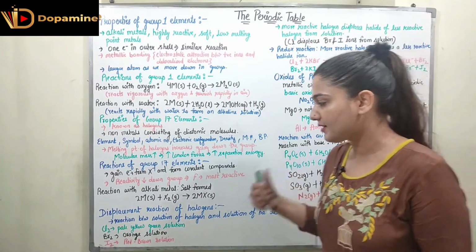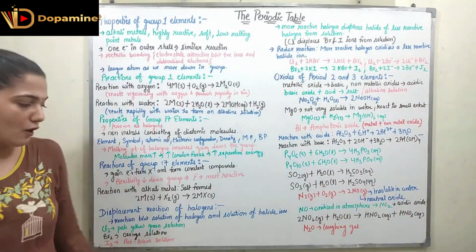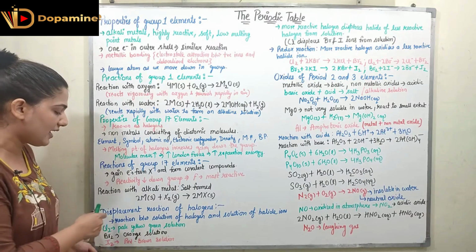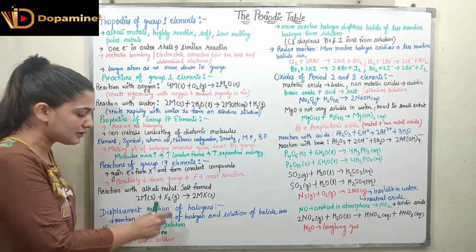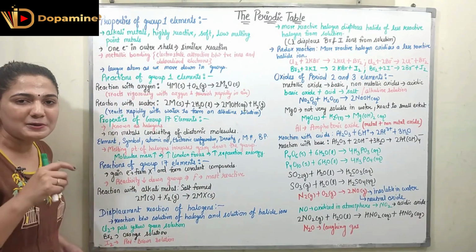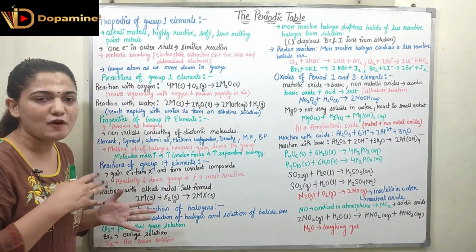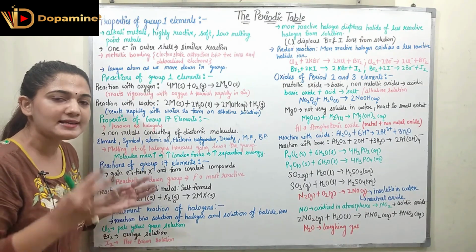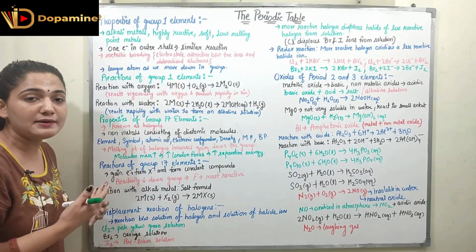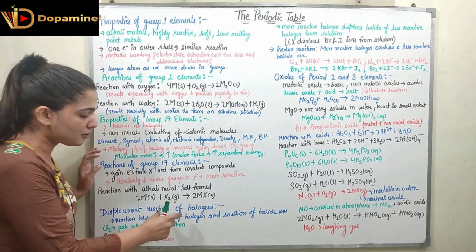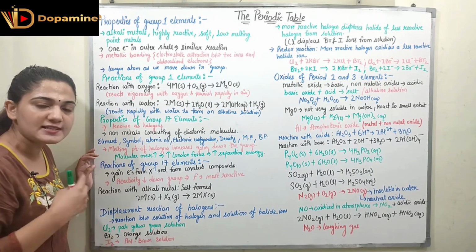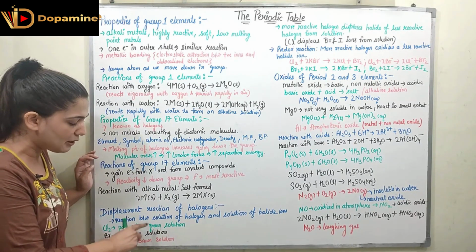Now coming to a very interesting type of reaction called the displacement reaction of the halogens. What happens in the displacement reaction of the halogens? This is the reaction between a solution of halogen and a solution of halide ions, right? I can take different solutions of halogen and halide ions and react them, and we are going to see what happens when we react different halogen solutions and halide ions. Now if I take the Cl2 solution, you can see it's a pale yellow-green solution.